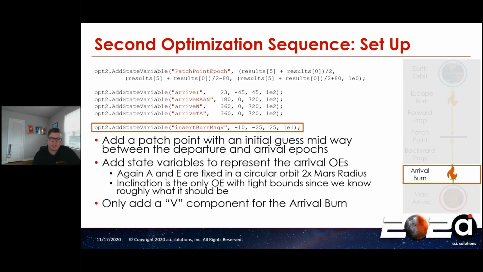Finally, we add our insertion burn, which we did give pretty high bounds just to allow the optimizer to play around there, even though we know it should be much smaller than that. And once again, as a note, we're only adding the velocity component, not normal or binormal components for that